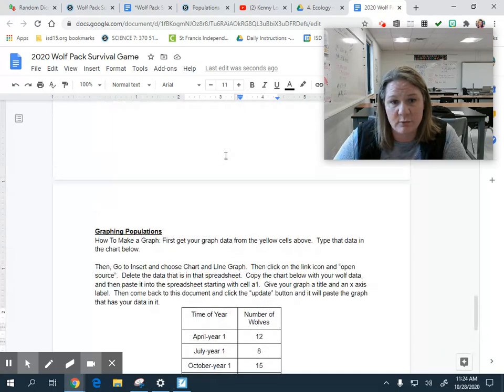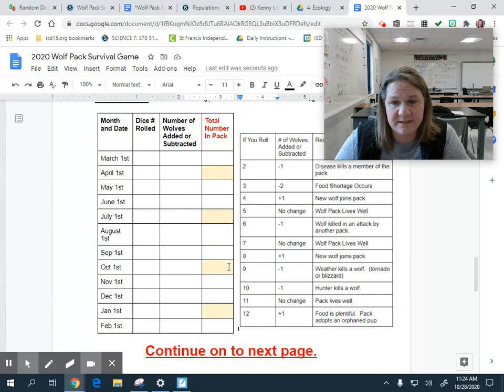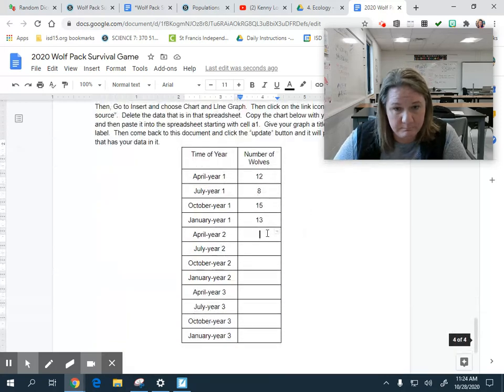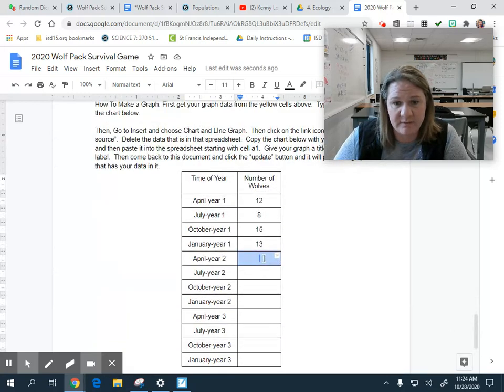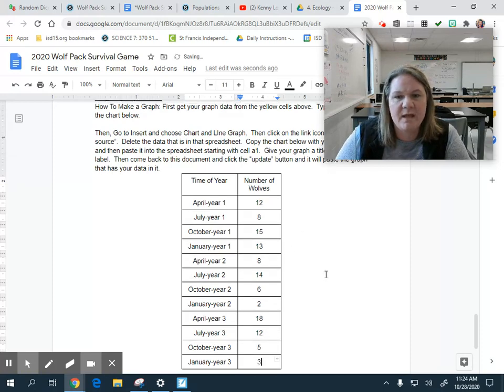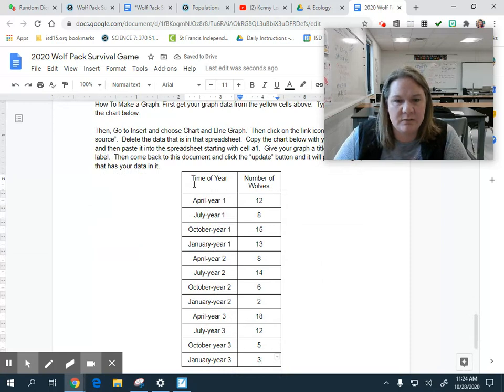So I'm going to pretend like I scrolled up, grabbed my numbers from these yellow boxes, and put them in this chart right here. I'm just going to fill in what my numbers were when I played this game. Yours shouldn't be exactly the same as mine, because yours are going to be different. So the next step then is to